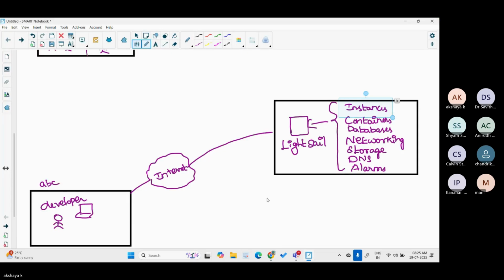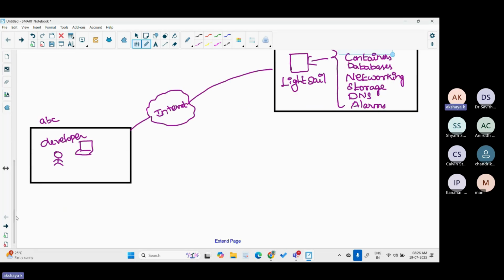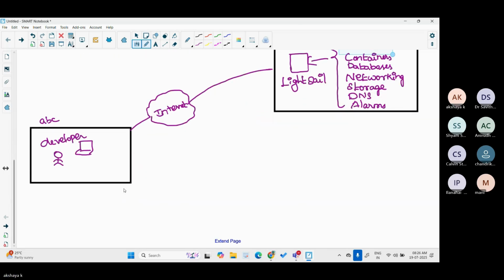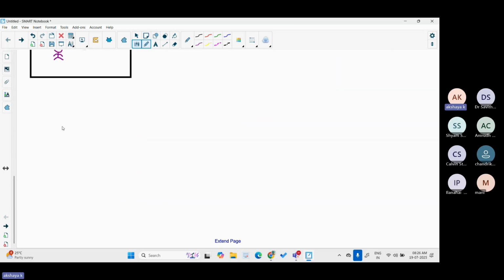So let me give some points related to LightSail. When I'm saying this, I didn't say it is an advanced version of EC2. I just say it is an easier and simpler version of EC2. I didn't say advanced version of EC2. So now I'll say, LightSail is for whom? So it is for beginners,